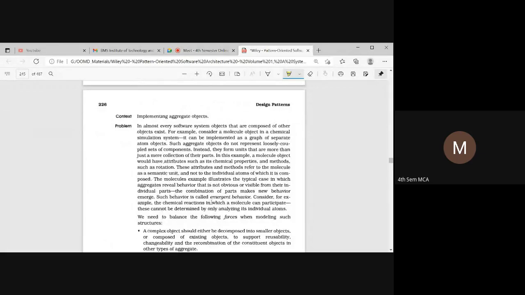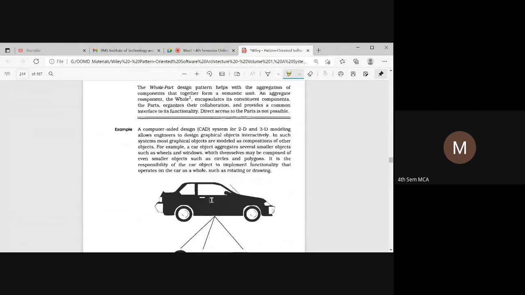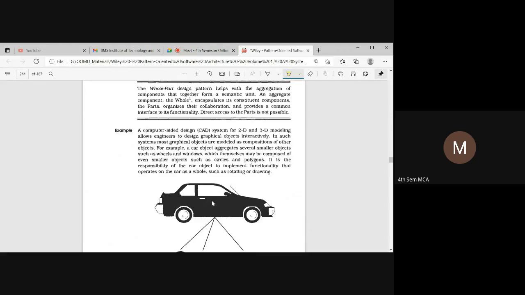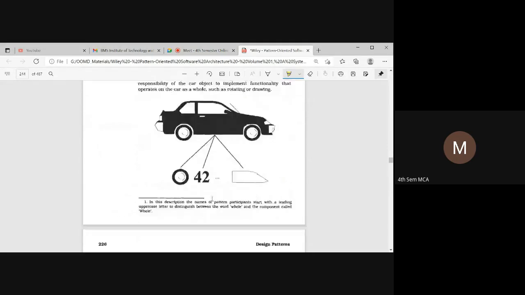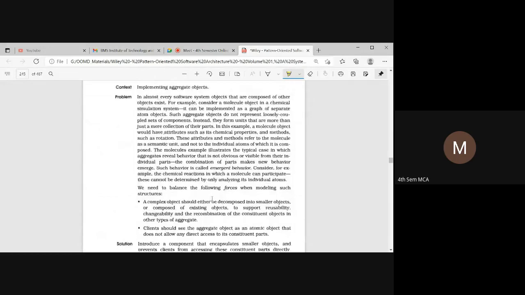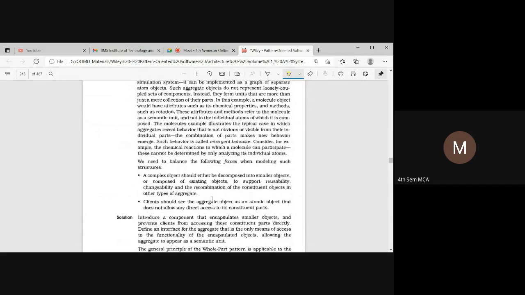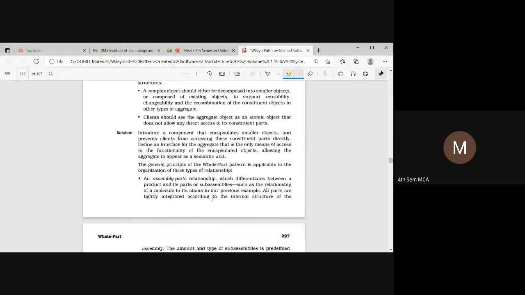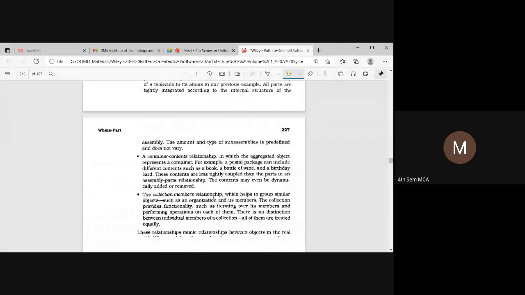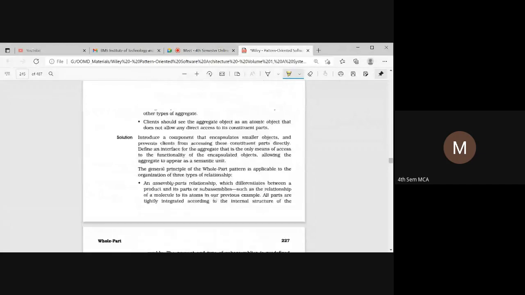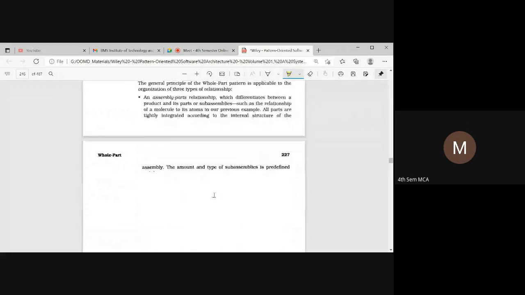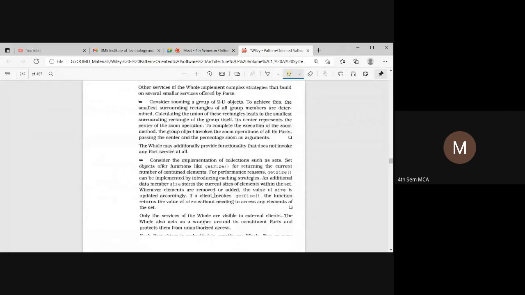In the whole-part pattern, we had taken an example of a cat. Here we are trying to identify the whole-part pattern, where we take the aggregation of the objects, how the objects are aggregated. The structure of the whole-part pattern consists of a whole and the part.